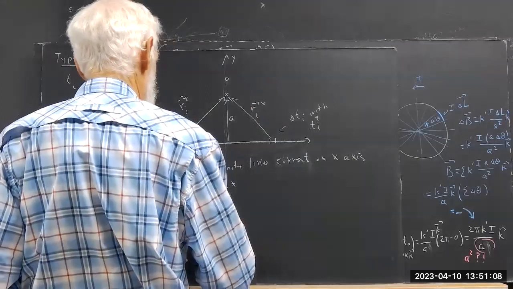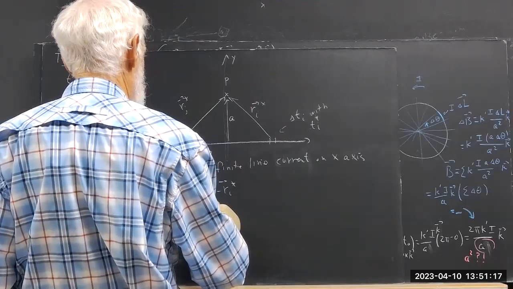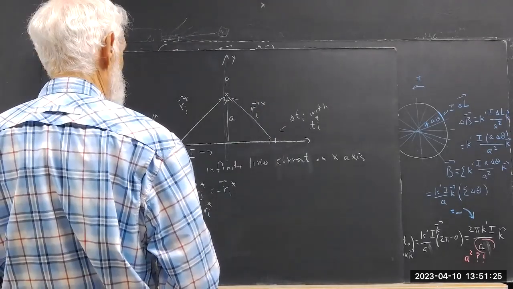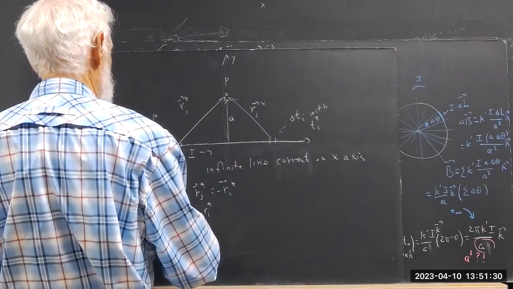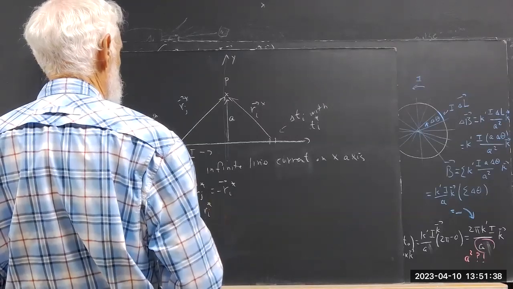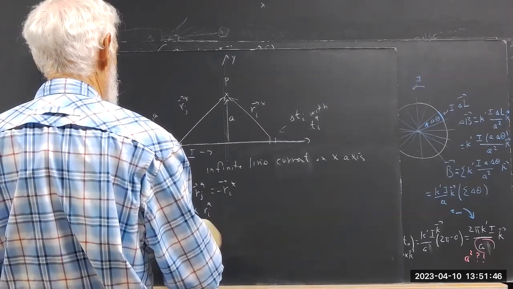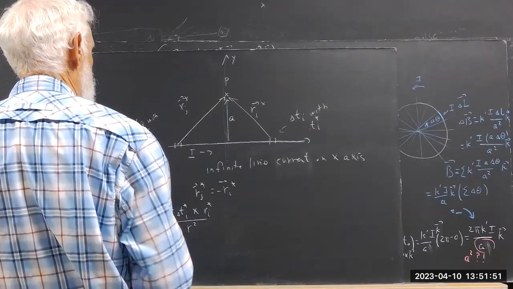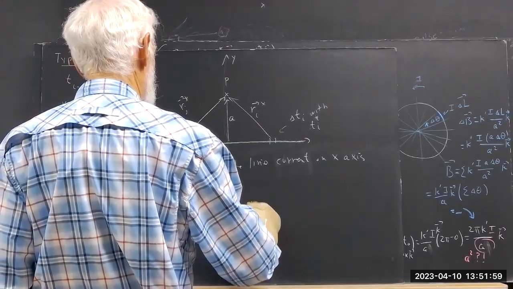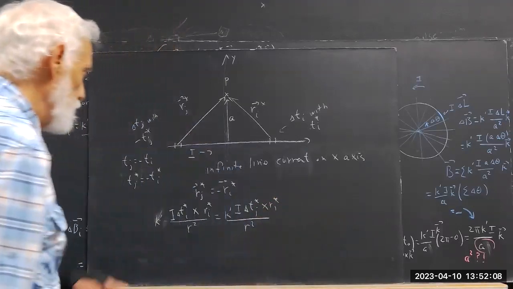So the field turns out that K prime times this, the dB equals K prime I delta t_j star plus R_j star over R squared. R is just equal to